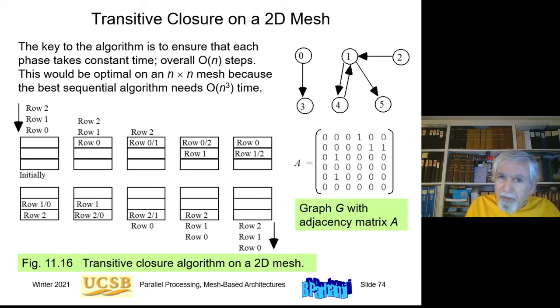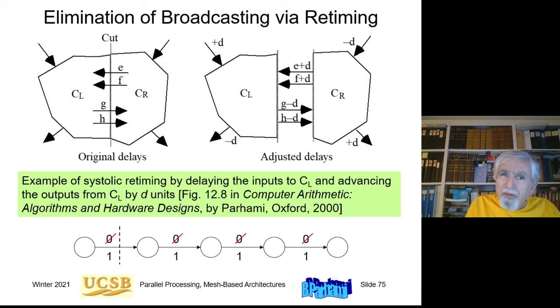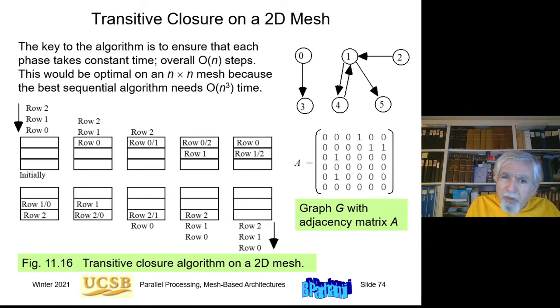Basically that algorithm, because I didn't describe the algorithm, of course I can't describe the mesh implementation, but basically the matrix will come in from above and the rows go through the mesh, and there are some interactions between rows that are shown here. Okay, I can't describe the details because I did not describe the algorithm. And then this algorithm requires